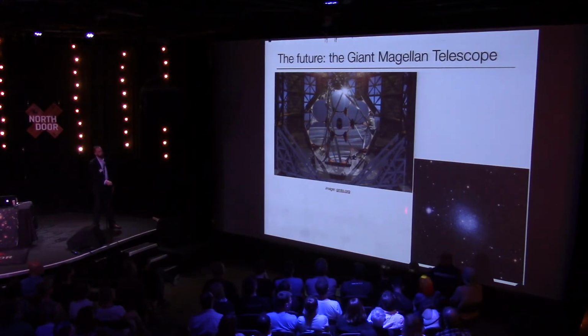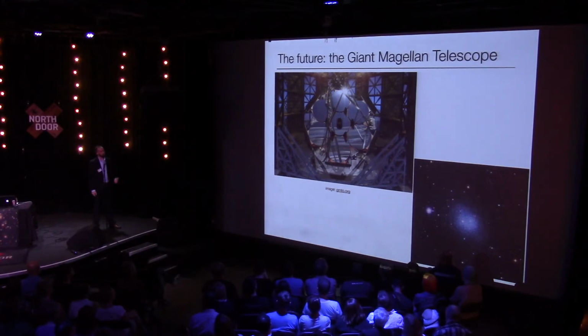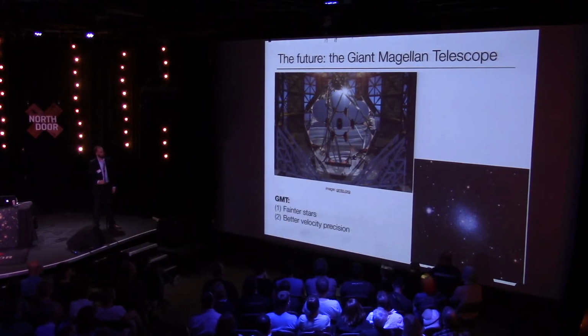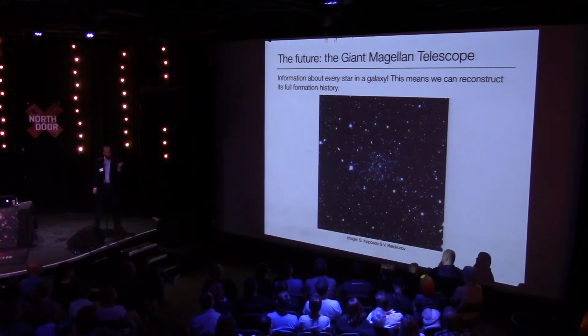So this is a very bright dwarf galaxy. We can actually measure properties of maybe 1,000 stars in this. With this kind of telescope, we should make something like 10 times more than that we can study. And for those very faint galaxies, something like this, we should actually be able to get information potentially about every single star in this galaxy if it's near enough to us.